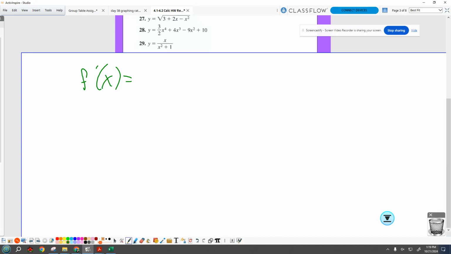So Caden, how do I do quotient rule with this problem? Low D high minus high D low. I speak in what's in the question rather than low D high, high D low, low. X squared plus 1 multiplied by 1. Bottom times the derivative of the top. Subtracting x times 2x. Top times the derivative of the bottom. Over x squared plus 1 squared. Okay.